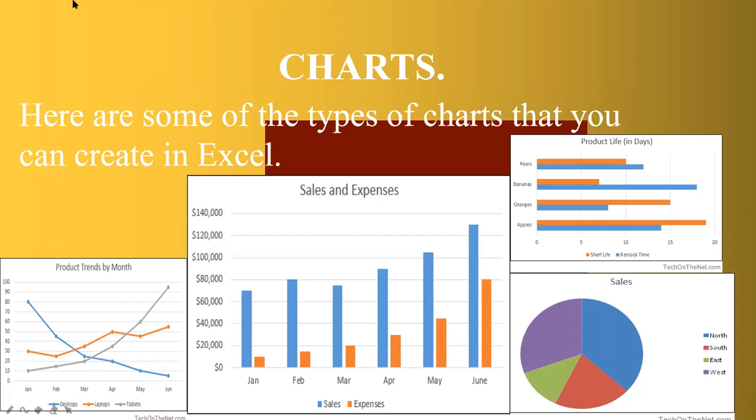Okay, thank you beta. Hope it's clear to you. If you have any confusion, you can ask me. Pie, column, bar, line, and maybe scatter. Yes, yes, Ahmad. Very good.